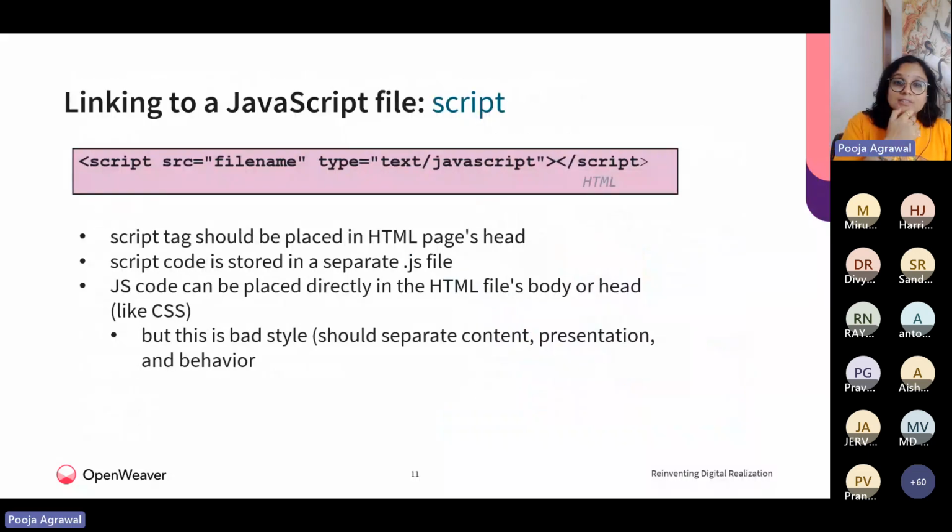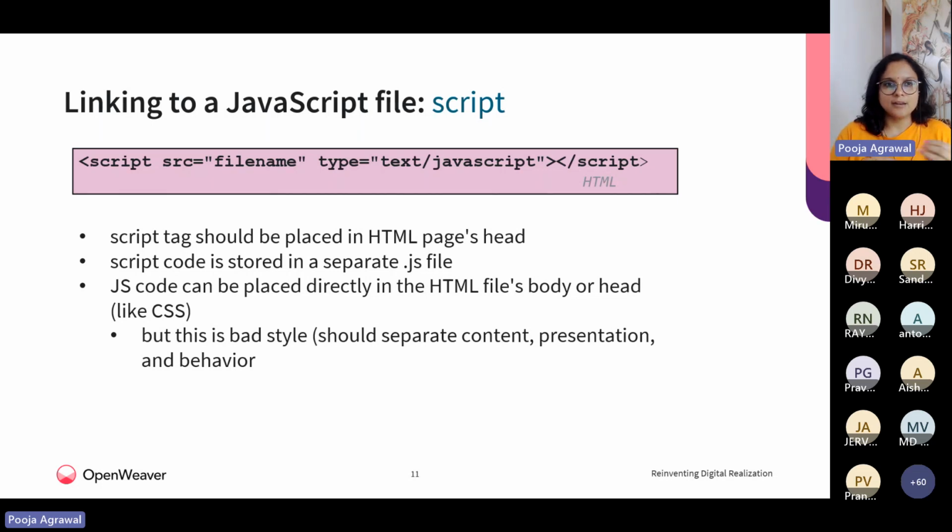So, linking to a JavaScript file. You already know we add these CSS components into our HTML document so that it is more presentable, more interesting, more colorful. So how do I make it dynamic, or add a particular behavior, the action-oriented, event-oriented part, to your web page or website?